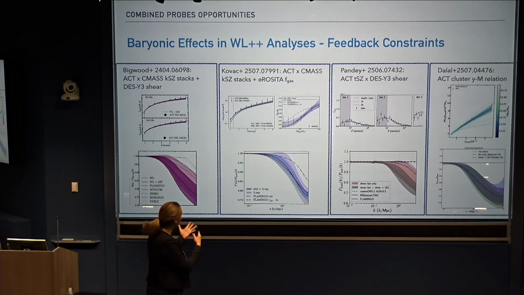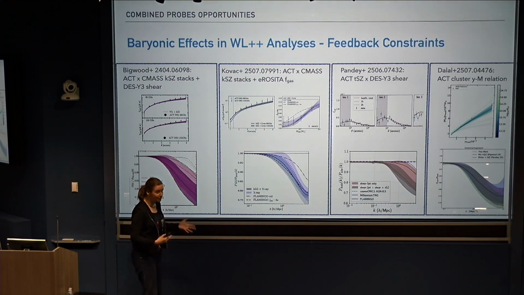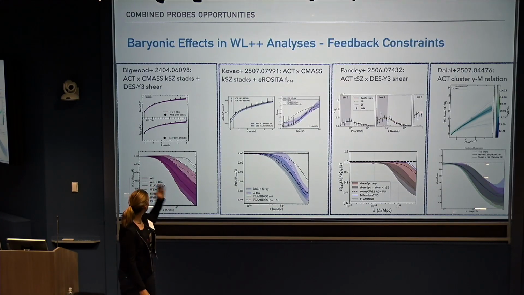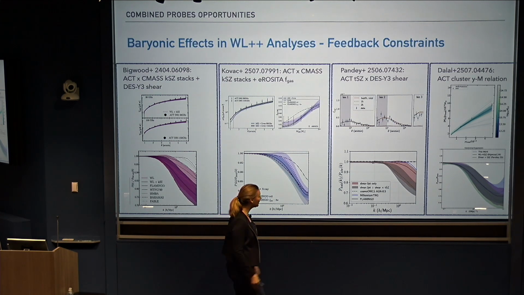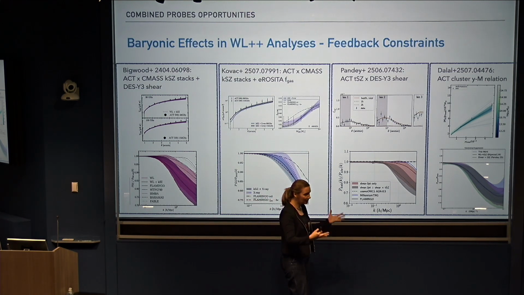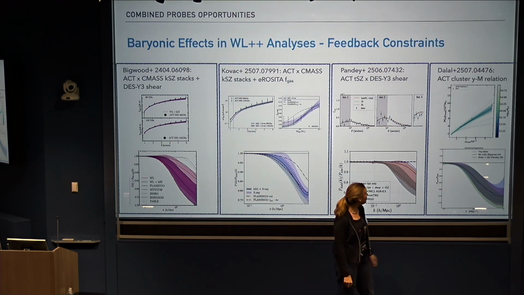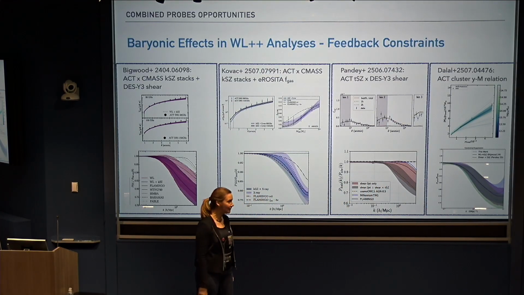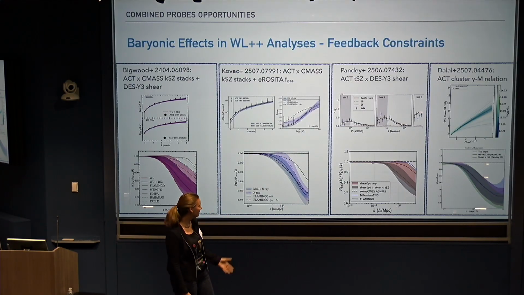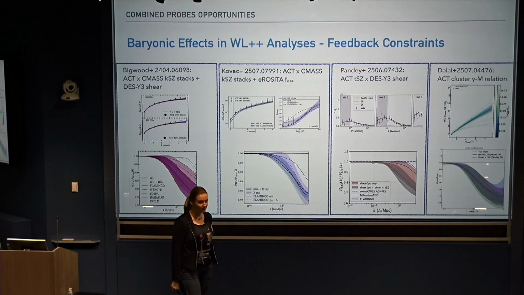Yeah. So this is now expanding to use a bunch of different baryonic observables: KSZ, gas fraction from X-ray observations, TSZ both at a field level or at a two-point function level, and in terms of the mass-Y relation for clusters. They all find much stronger feedback than cosmic shear alone, with slight differences. And putting them all into one coherent model